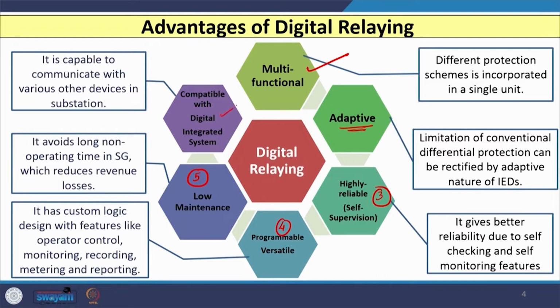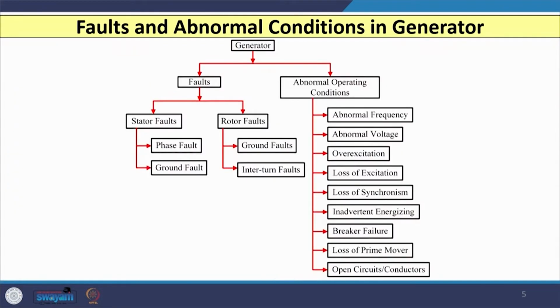And these relays are compatible with the digital integrated system because they are capable of communicating with various other devices, and hence you have several communication capabilities. It is also compatible with several other protocols. So, that is why digital or numerical relays are widely used for the protection of large alternators or synchronous generators. Now, with this let us see what are the faults or abnormal conditions possible in a large